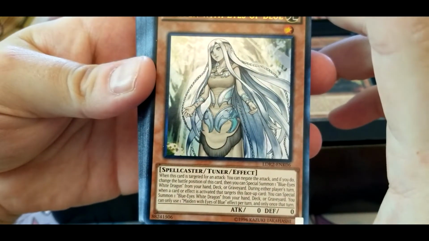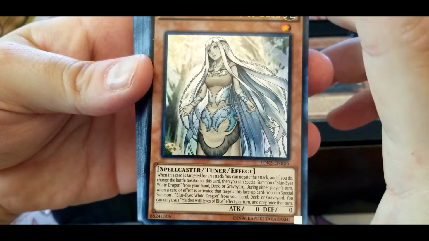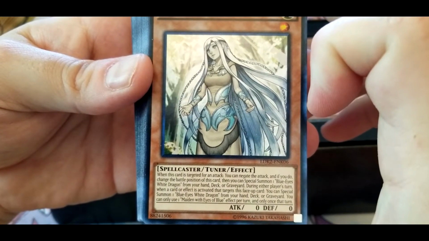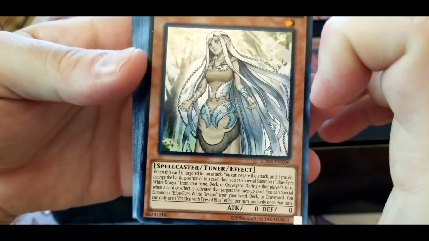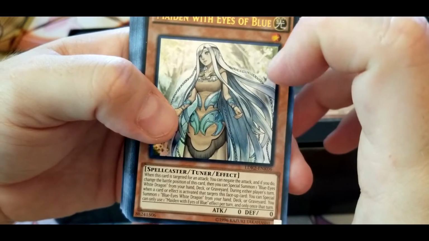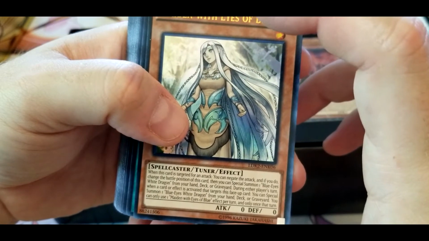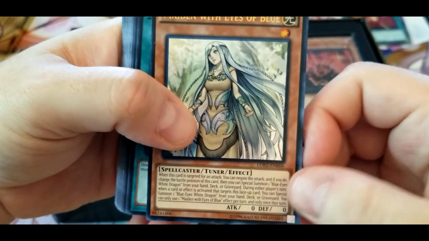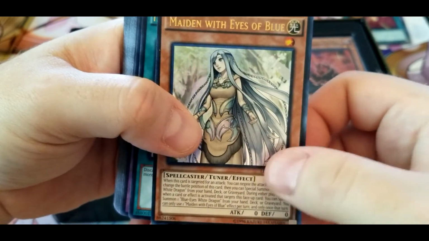When this card is targeted for an attack, you can negate the attack, and if you do, change the battle position of this card. Then you can special summon 1 Blue-Eyes White Dragon from your hand, deck, or graveyard. During either player's turn, when a card or effect is activated that targets this face-up card, you can special summon 1 Blue-Eyes White Dragon from your hand, deck, or graveyard. You can only use each effect once per turn. That's very nice. I'm guessing the tuner is for